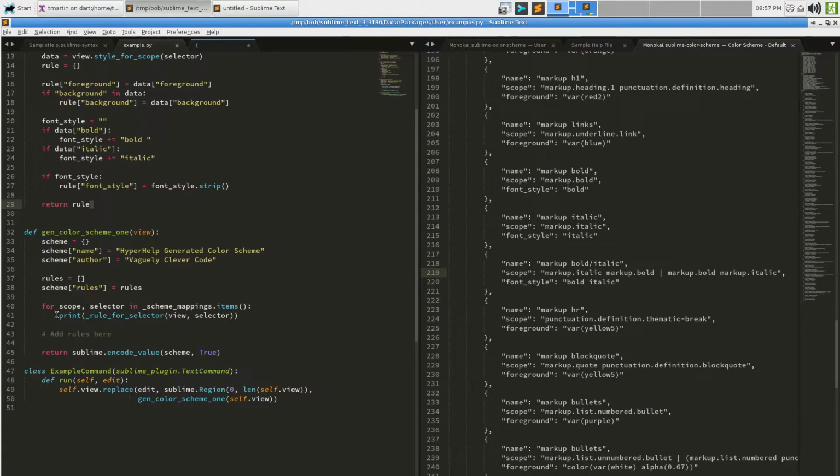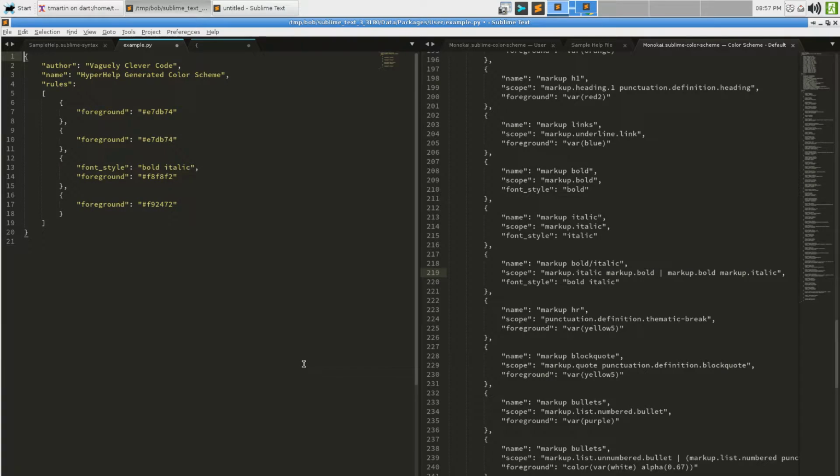So now we don't need to print that rule. We can just say rules.append. Is this how lists work? And I think as a result, list object has no string. Oh, duh. Now that's working, but it doesn't have a scope in it.